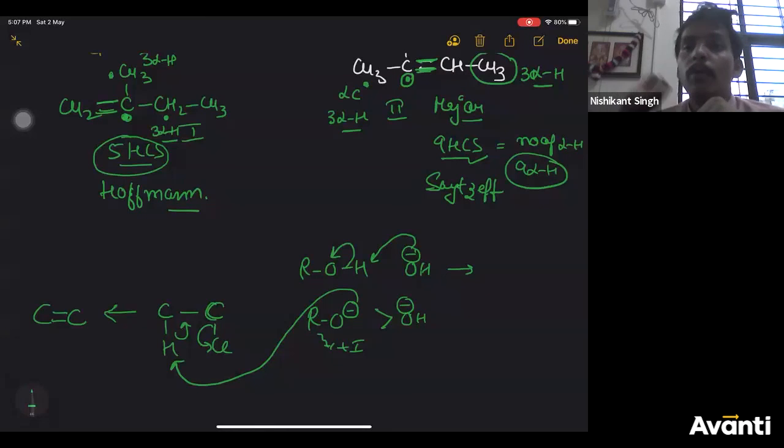Chlorine is small, it will move very fast. So it will not get enough time to decide whether it is reacting with tertiary, secondary, or primary. Therefore, chlorination is reactive, bromination is selective, because the bromine radical is large. It will move slowly, so it reacts slowly. It will have enough time to decide between secondary, tertiary, and primary radical. Right? I hope it is clear, Priyadarshini.